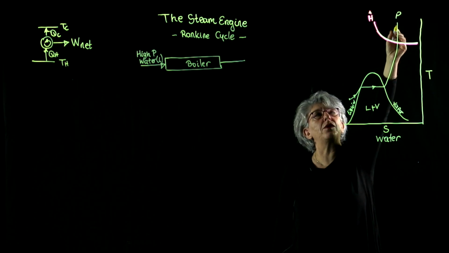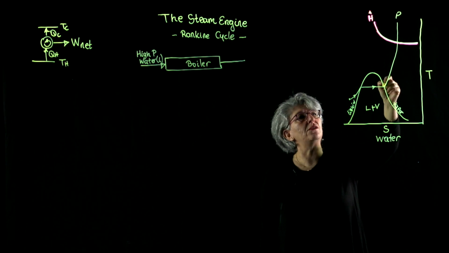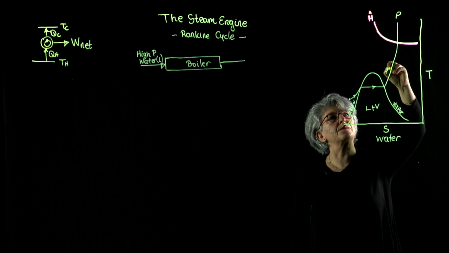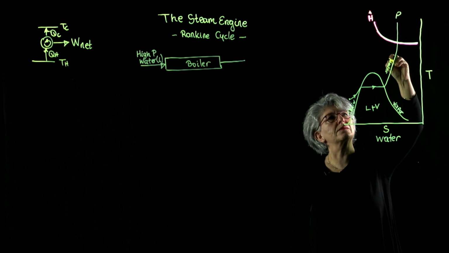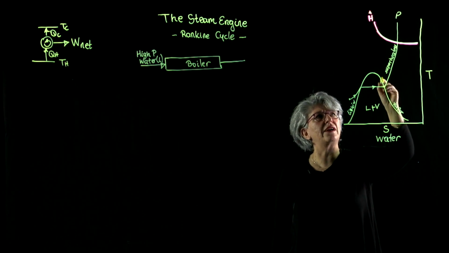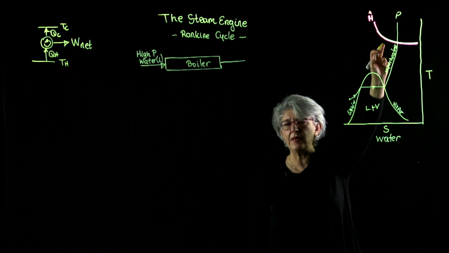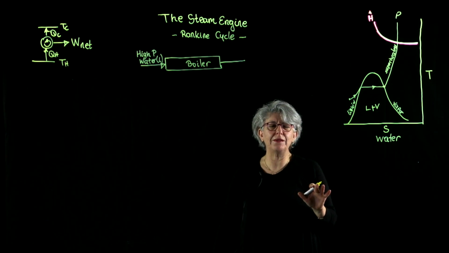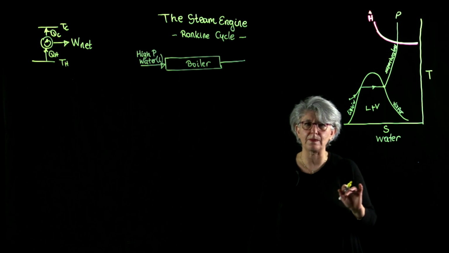Then it boils, and beyond this point, we have superheated steam. Beyond our saturation line, we have superheated steam, and the level of superheat determines how well we can convert heat